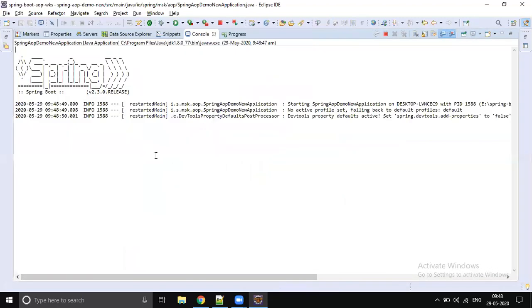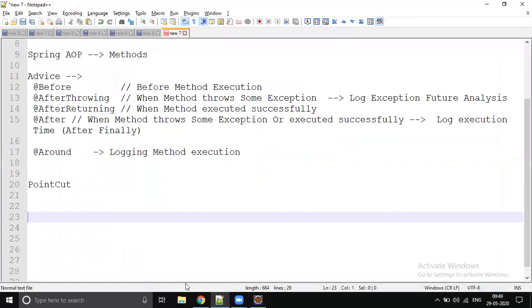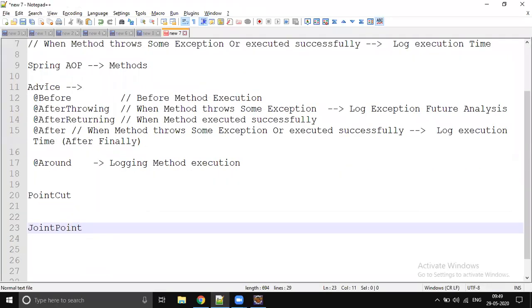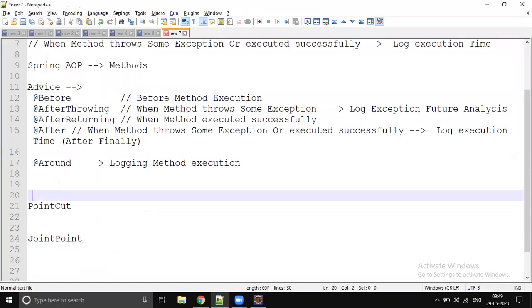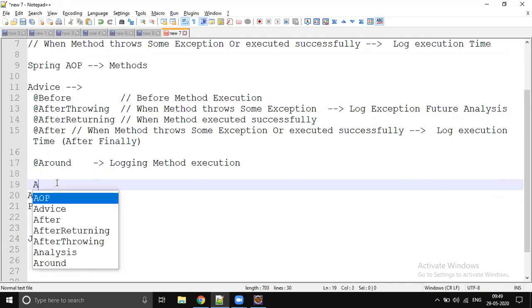So whenever you would like to process some logging, time logging, exception handling and so on, you can use the join point. So that is the fourth concept. AOP is majorly four concepts. One is aspect, which is like an entity that is going to have advice, pointcut, and join point. So you can say aspect is a combination of all three.